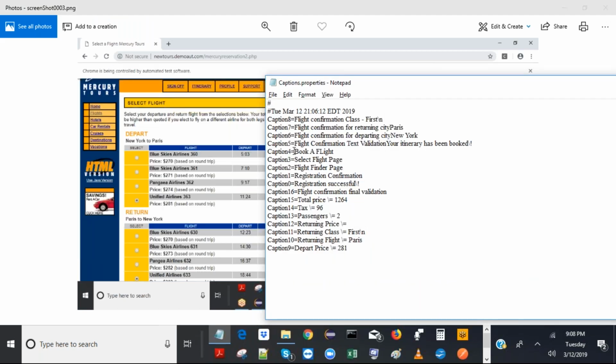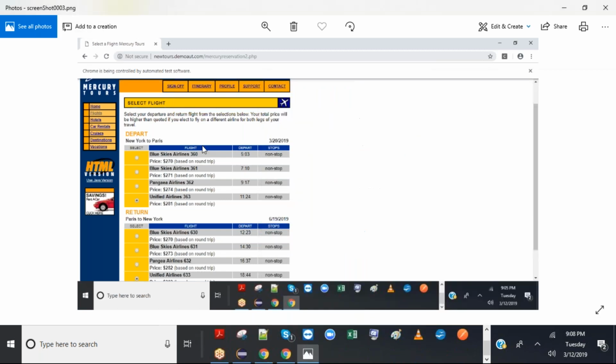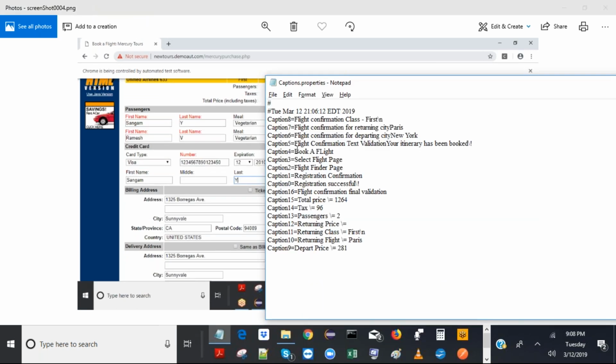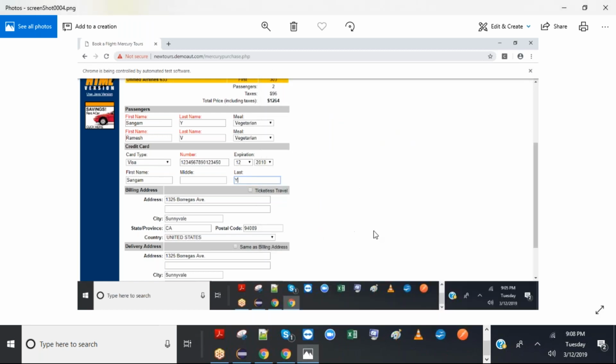So screenshot caption 4, book a flight, is directly syncing with select. Sorry, caption 3 and screenshot select flight. And then it should be flight. Yes, book a flight and book a flight. Sometimes it may not cover everything. In that case, if you want to cover everything, we can take 2 screenshots by scrolling down. So that's another enhancement.